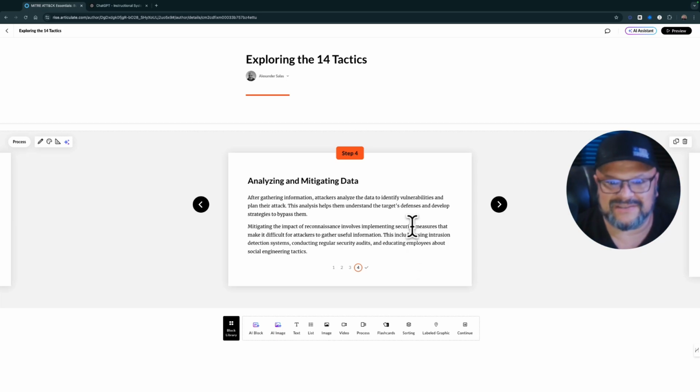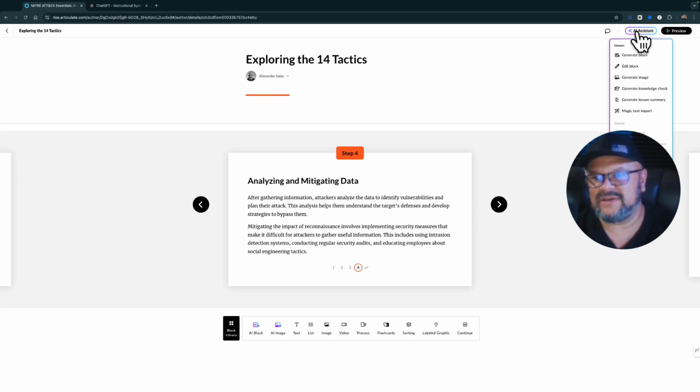This is just a quick showdown of what it is, to show you how it works, but there's more here. Once we have content, we can go here and start generating knowledge checks. We can generate more blocks, and we can do some other stuff that I think takes an hour to cover in detail and give you that specific detail. So I'm going to do more videos on this. Of course,